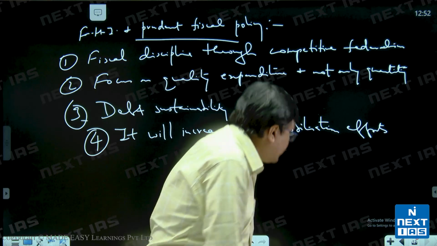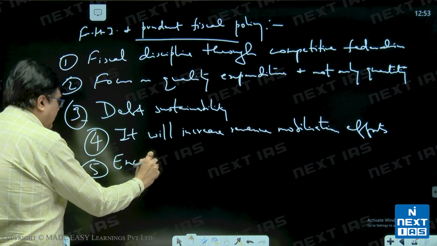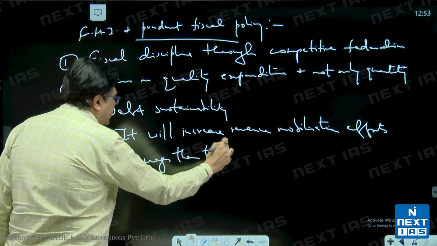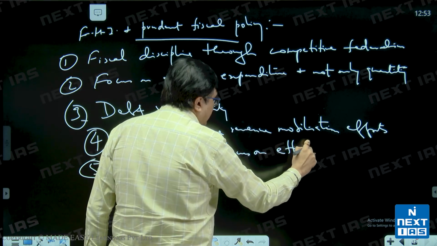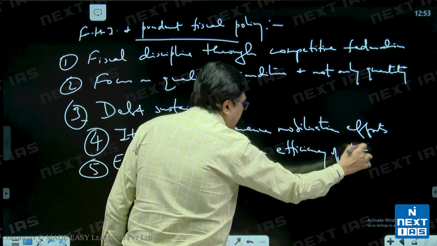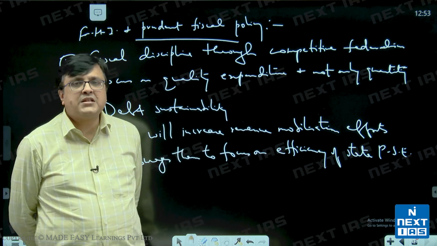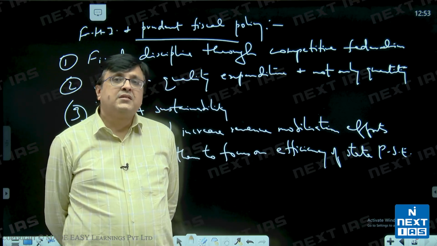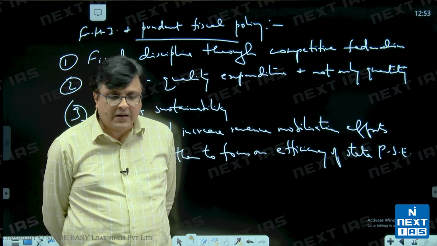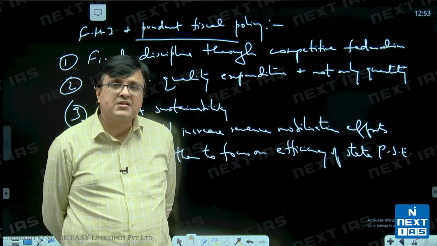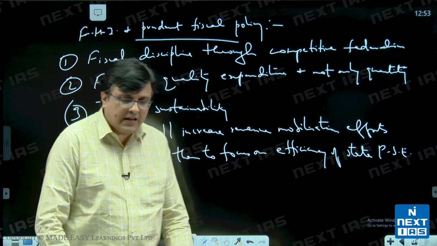And then another one is it encourages them to focus on efficiency of state public sector enterprises. India has more than 900 state public sector enterprises. Their total losses are around 70,000 crore. So we need to make sure they come into picture. So automatically, if state governments are made more revenue conscious and more budget conscious, the state public sector enterprises will be made more efficient. And then